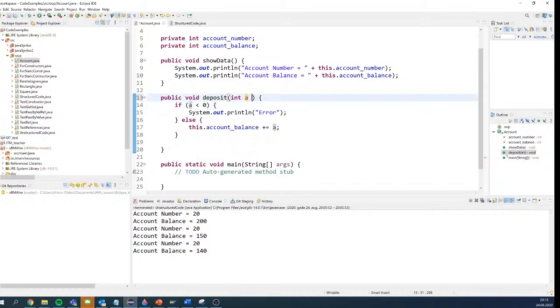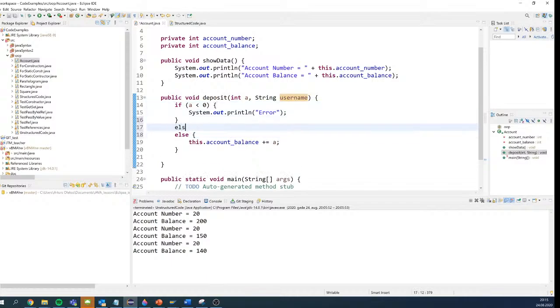We don't have one here, but for example, if there's also a string username provided here, we can add another else if statement. Else if, for example, we do not want to allow a user, let's call it Maris or Davis, to